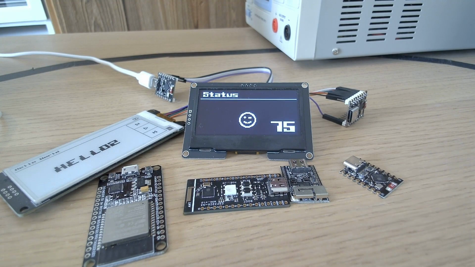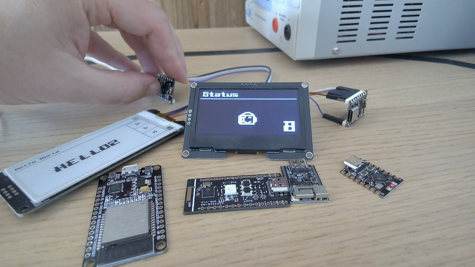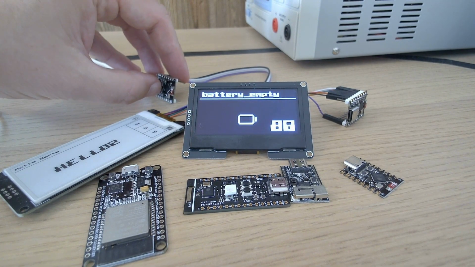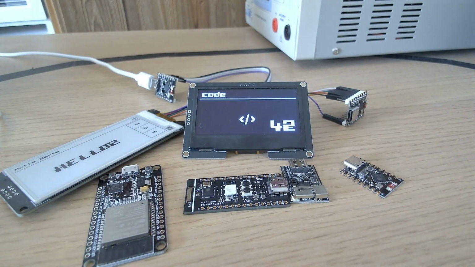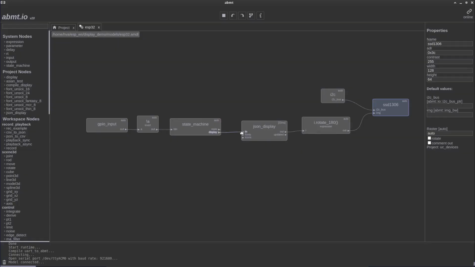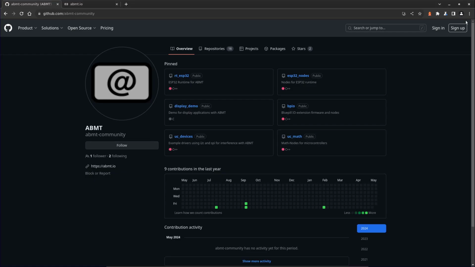And I make another video about the display demo and the JSON stuff. I just wanted to show that this is possible. When I press the button here, it changes the icons. Just a sneak preview for the display demo update. I already made the display demo example. I just want to show what's possible. So this is the ESP running, and let's quit this here and we go to explain how you can do